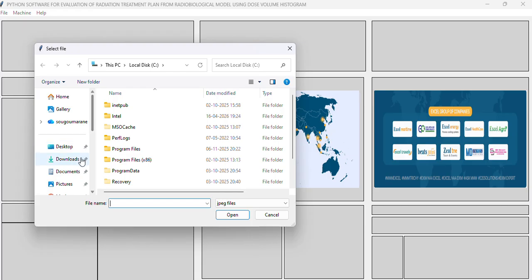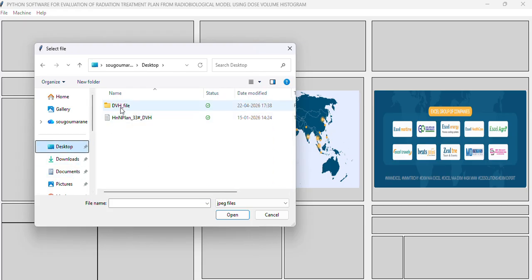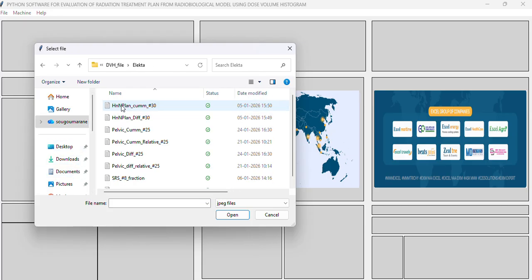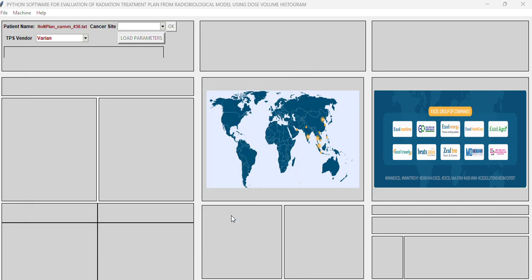Now I do Electra. Desktop file. The Electra. So Electra, now we choose any one. Head and neck case. So now select head and neck case. Okay, and say okay. Open. Here you have to choose that Electra and site, you have to choose head and neck and say okay. So once okay,